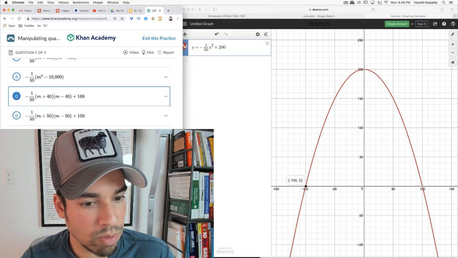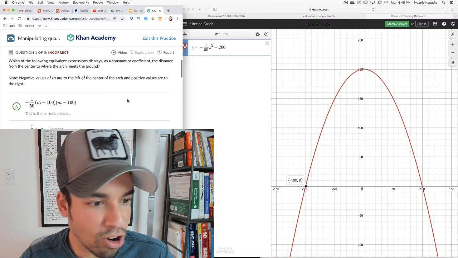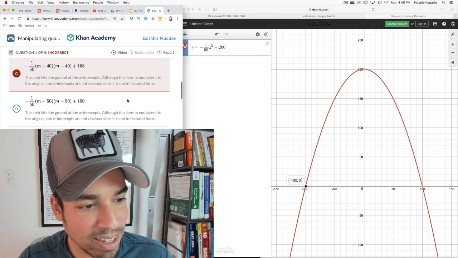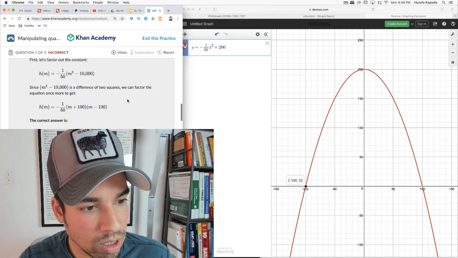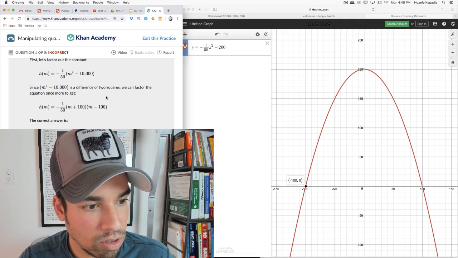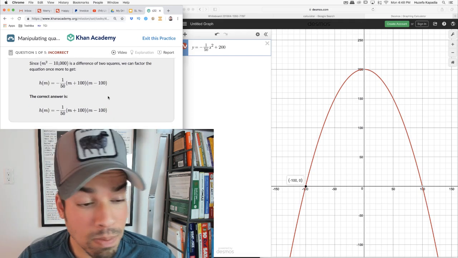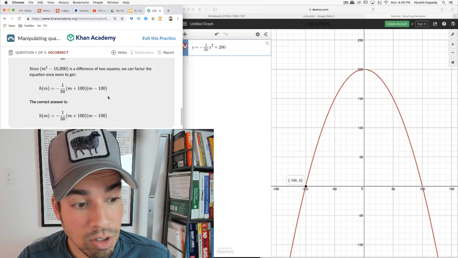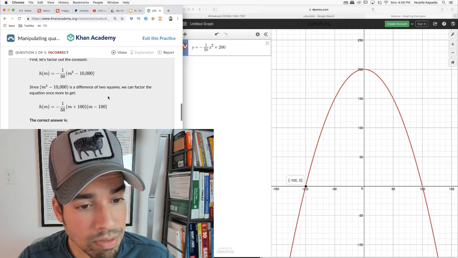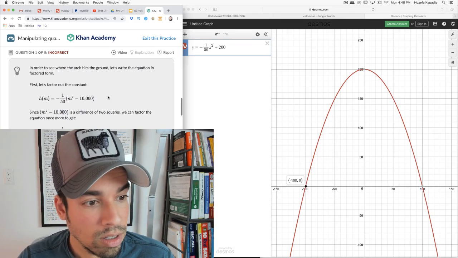All right, I'm going to go with randomly C, and let's see what the answer is. It is A, darn it. I should have stuck with my gut. Okay, let me read this because I really want to understand what's going on. So there's a difference of two squares we can factor. This makes no sense to me. Yeah, you can factor it, and that's fine. I don't see how that gives the